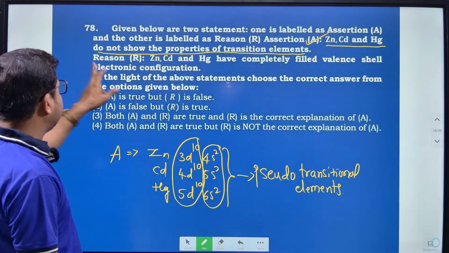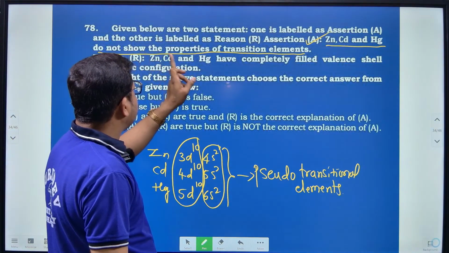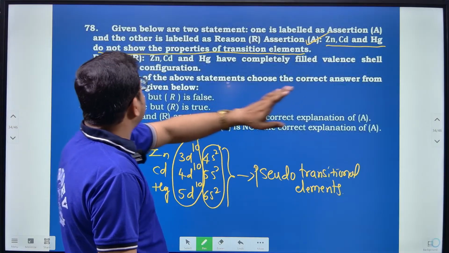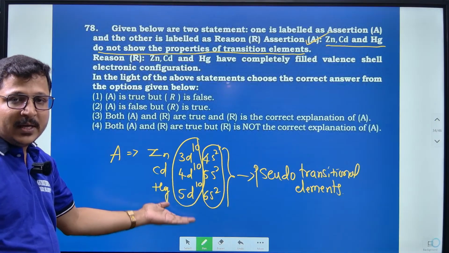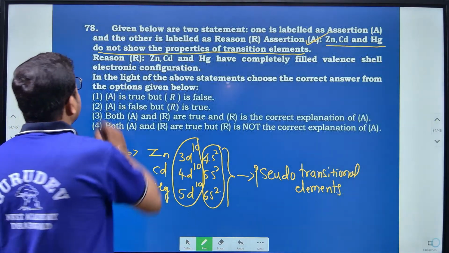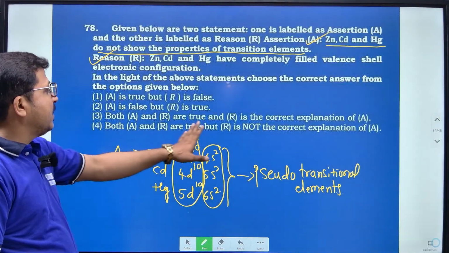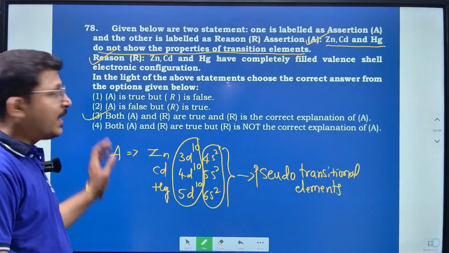And next, the reason is zinc, cadmium and mercury have completely filled valence shell electronic configuration. See here, they have completely filled valence shell configuration, therefore the reason is also right. Therefore both assertion and reason are true, and the reason is the correct explanation of the assertion, hence the right option is